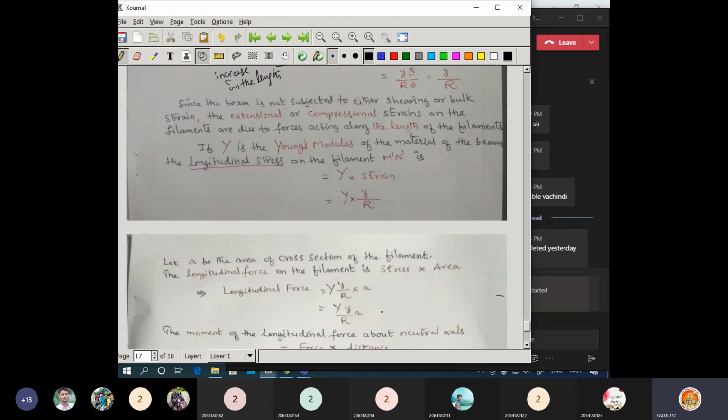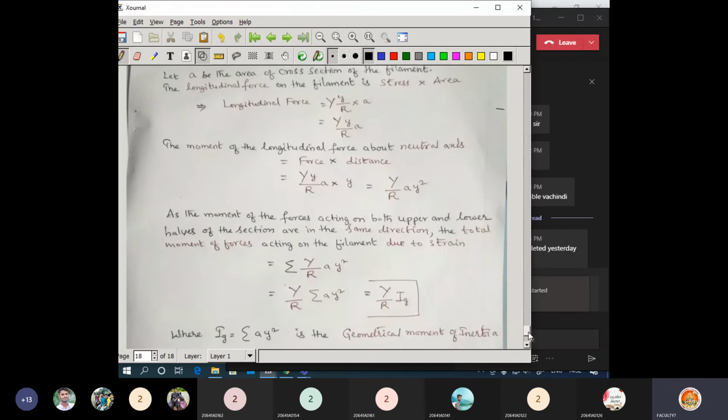And go with the Young's modulus. Young's modulus can be given as stress by strain. Now Y can be given as, or the stress can be given as Y into strain. The same thing here. So stress is given as Y into strain. Now the value of strain you got from this. Substitute that value, and you will get the expression for stress.